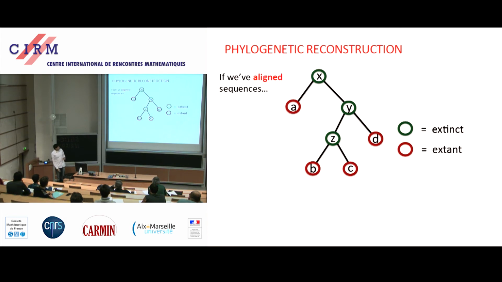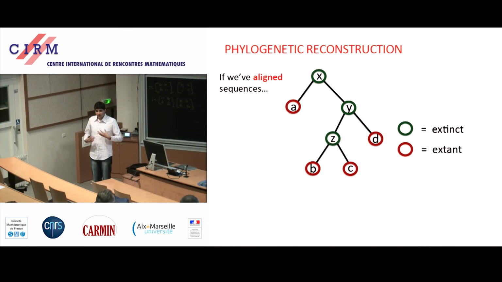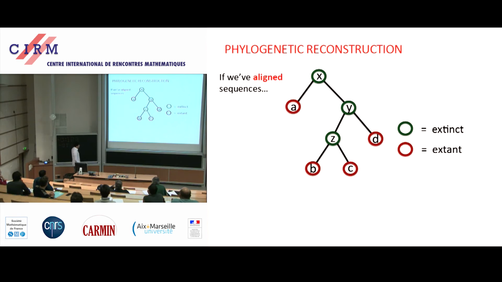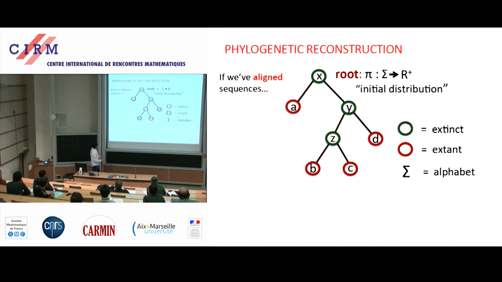Now, the usual assumption in some of these models, which is a big assumption, is that a large part of the problem is solved for them, in that among all of these extant species, you've somehow found a way to align their sequences of DNA. And if you can do that, you can think about each of the indices into that alignment as themselves being described by a beautiful stochastic model on a tree. So this is a big approximation, but this is actually still close to the state of the art of what we can do theoretically. And the idea is that if you had these aligned sequences, you think about a single